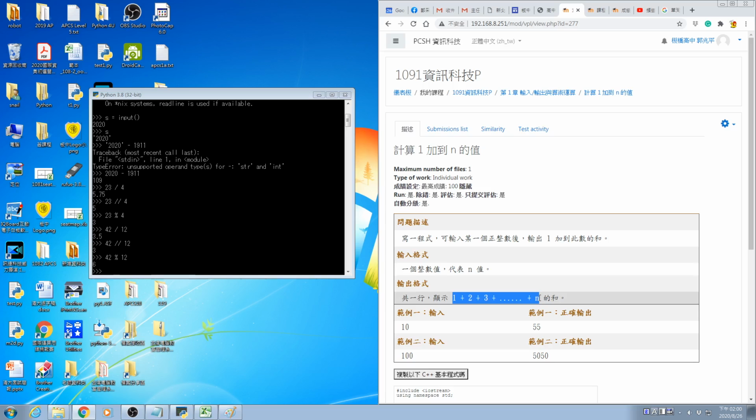What is the sum of this? Is there a formula that you can use to calculate the result? Yes, there is one. If you want to get the sum of integer 1 to n, then you can use this